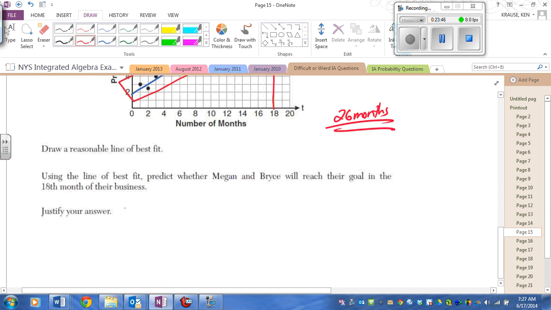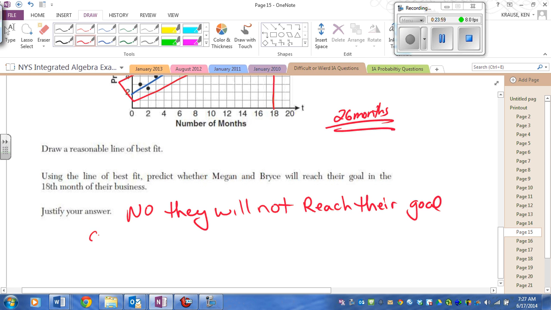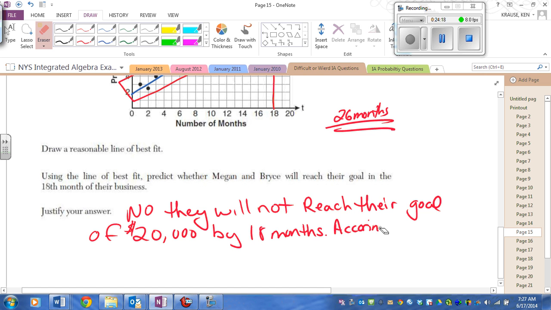So your answer is no, they will not reach their goal of $20,000 by 18 months. According to the graph, they will be at